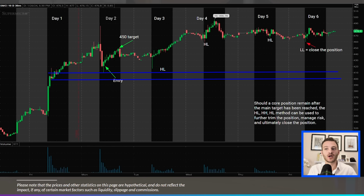So in this example, another option for trading a stop could be using the anchored VWAP, as I mentioned previously, from day one, and exiting the position once the stock fails to hold above it, once it remains steady below that anchored VWAP. So if we have a look here, your entry target was met on day 2, then on day 3 you have a higher low,